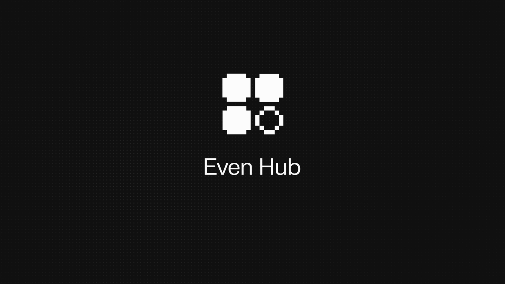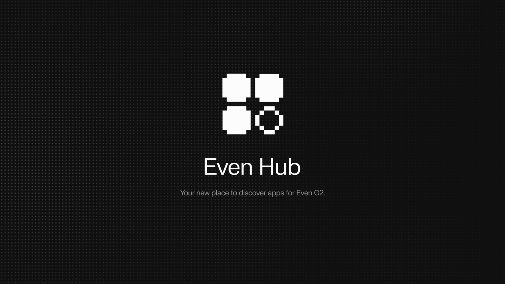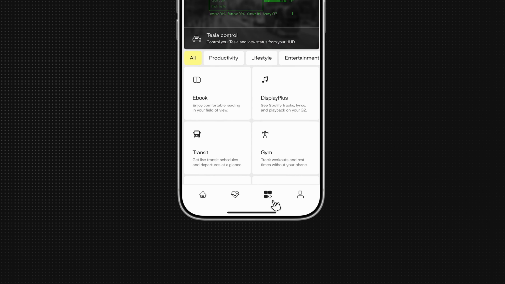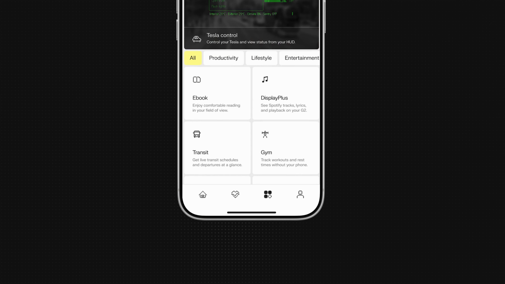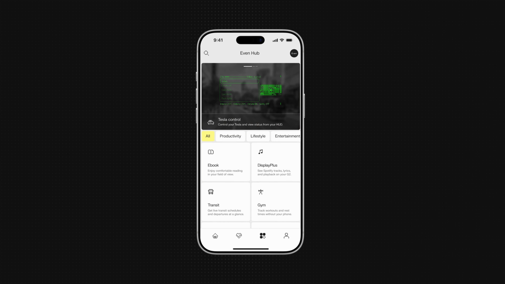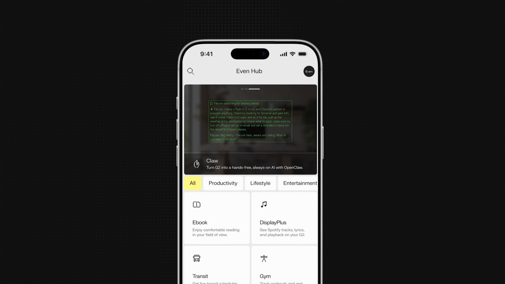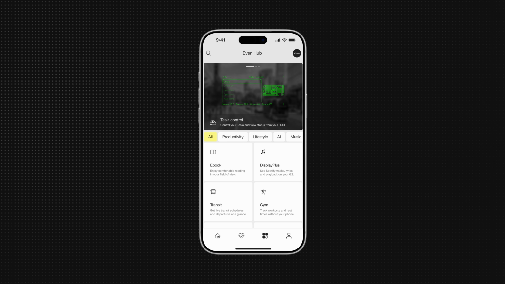This is Even Hub, your new place to discover apps for Even G2. Inside the Even Realities app, you will now see a dedicated Even Hub tab, where all new apps and experiences for your glasses come together. At the top, featured apps help you explore what is new and essential. You can also browse by category,